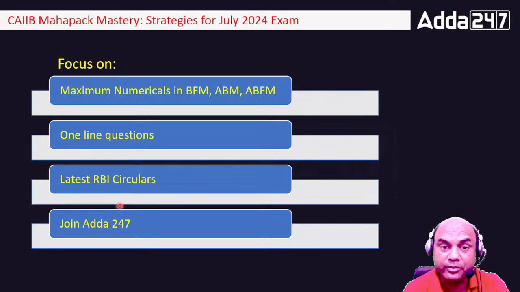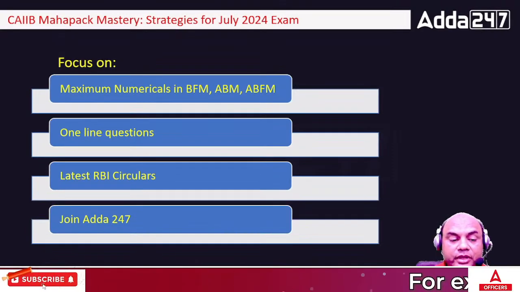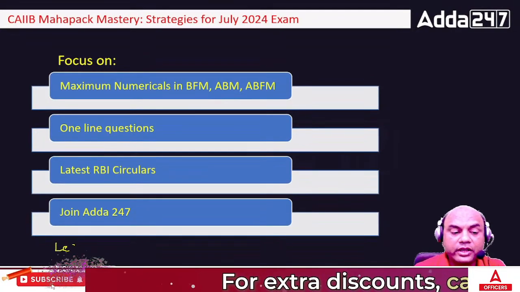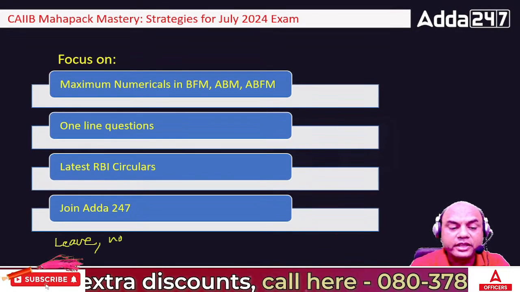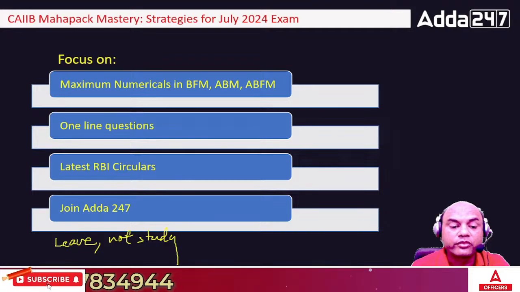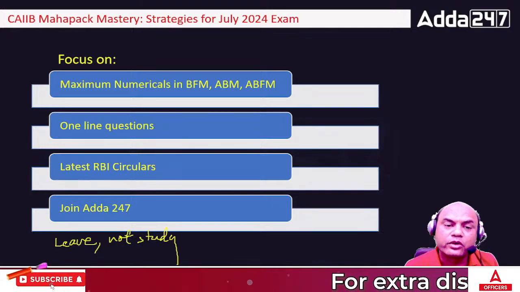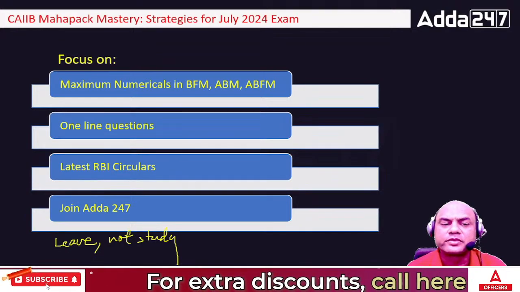This is also equally important because whenever we do our own studies, many times we study this also, that also, and we don't know what is to be left and what is to be studied. In studying, the important part is not what you should study, but what you should not study, what you should leave. Otherwise each book is around 600 to 700 pages. We have gone through all this portion many times, so we can definitely guide you: don't study this, study this; this will be asked, this will not be asked.